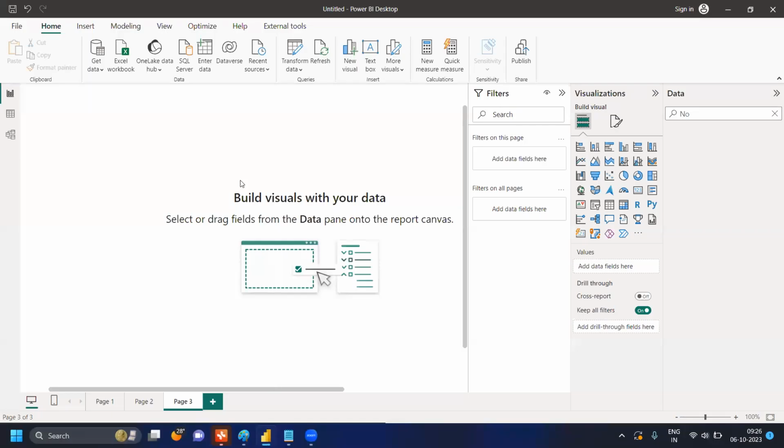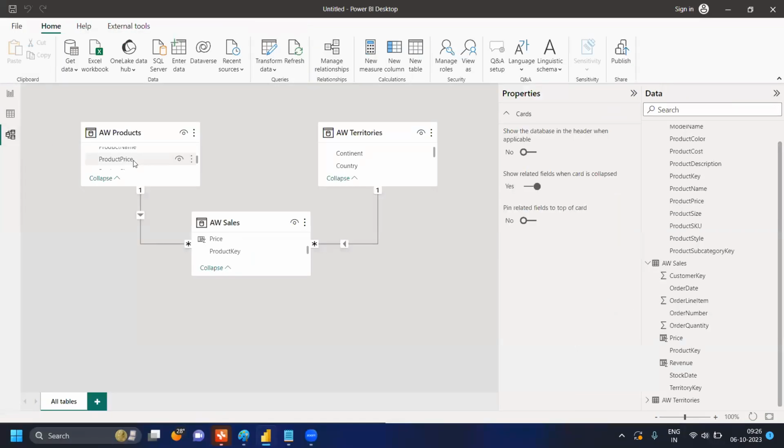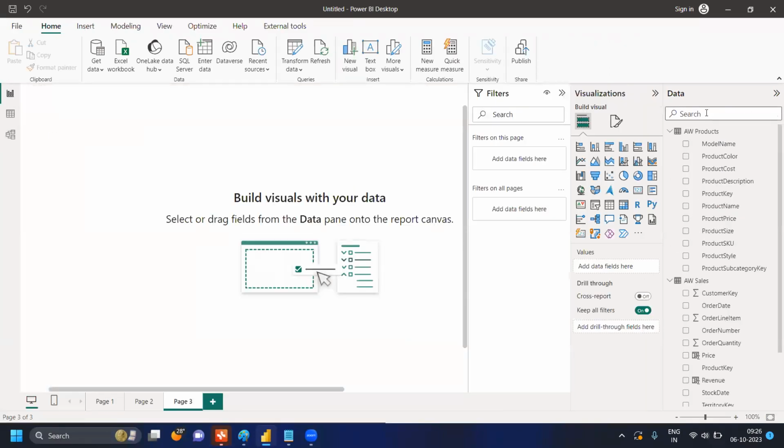Before going to discuss it, let me explain this scenario. I have a product table, a territory table, and a sales table. The direction is single direction. Here also, single direction. Now my expectation is I want to show